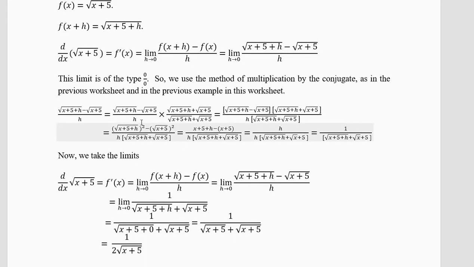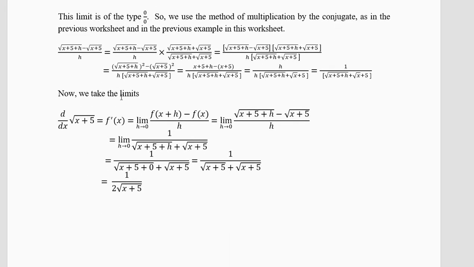So what do you do? You multiply with the conjugate. Here it is minus, so you choose plus here and plus here. And you will get this expression just like the exercises which we did in the limit questions. Now take the limit, you will get 1 by root x plus 5 plus root x plus 5, you will get 1 divided by 2 under root x plus 5. The 2 is outside. This is just like the limit questions we have done before. We have done 4 questions of this type in the limit, so please concentrate on this.